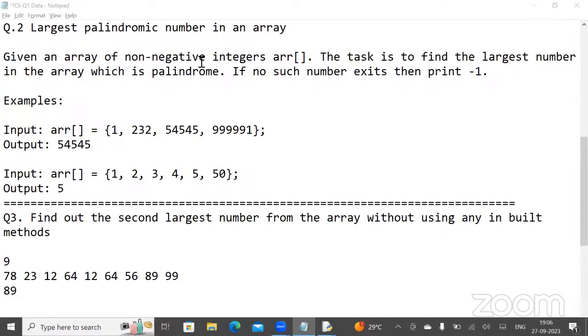All right, guys, any suggestion on a logic for how we can do this without using any inbuilt methods?